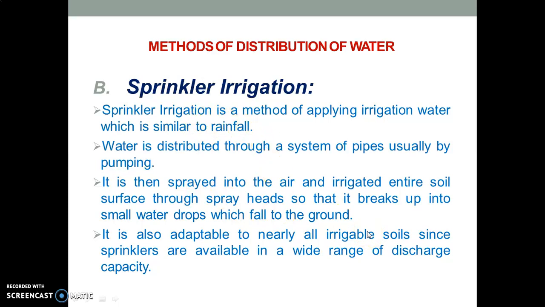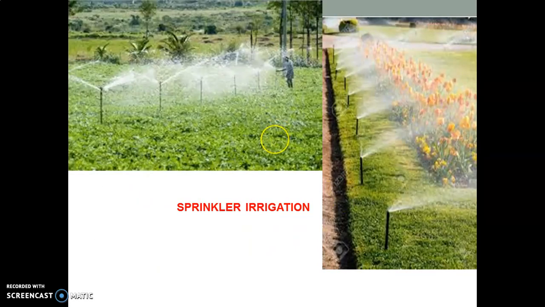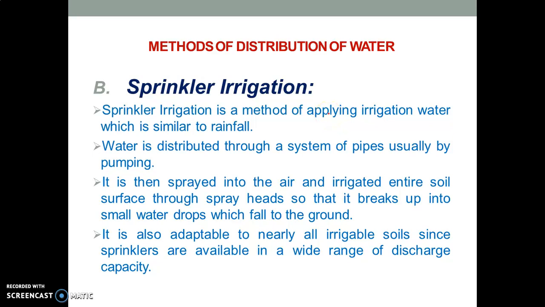Now, many of you might not recognize it by its name, but if you see the image, now everybody will remember or understand what is meant by sprinkler irrigation. Okay, so as you all know, we'll just see some characteristics. Sprinkler irrigation is a method of applying irrigation water which is similar to a rainfall. Okay, so we simulate a rainfall which is a natural occurrence. Okay, and we provide rainfall artificially in a sprinkler irrigation method.